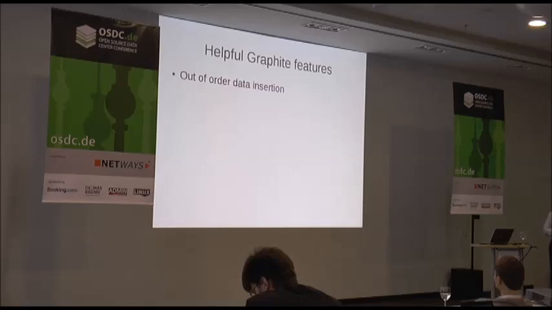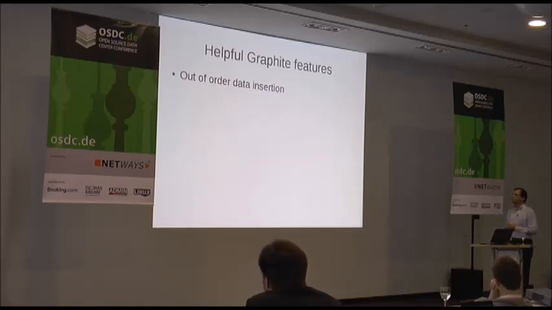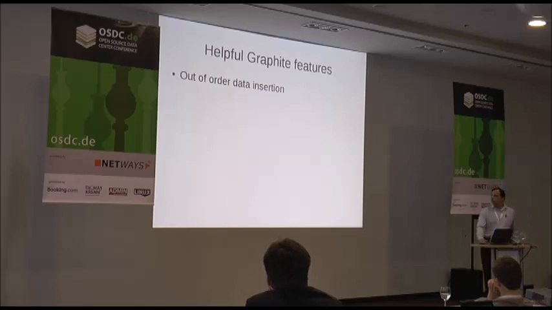There's a few useful features that make it more interesting. If you have looked at MRTG and you insert a point in the future with RRD, you cannot put a point in the past. Timestamps have to be monotonically increasing, otherwise you suddenly have this giant gap. With Graphite, if I forgot to put in the data yesterday, let's fix that today. It just works, and the graph corrects itself. You don't even have to do anything.